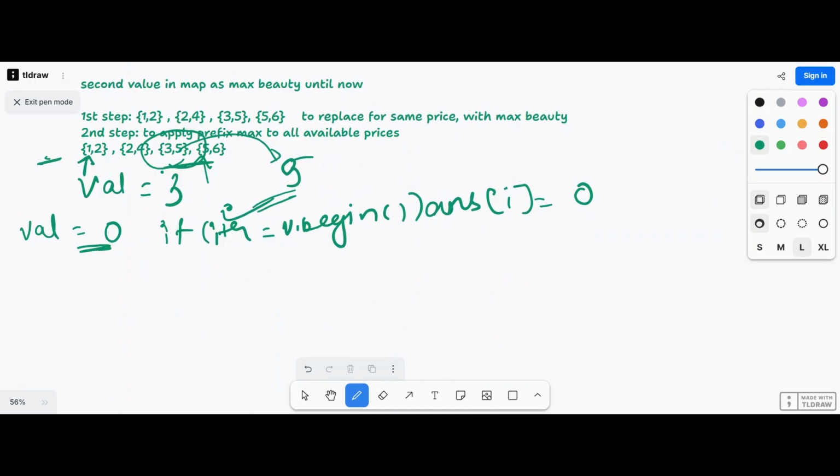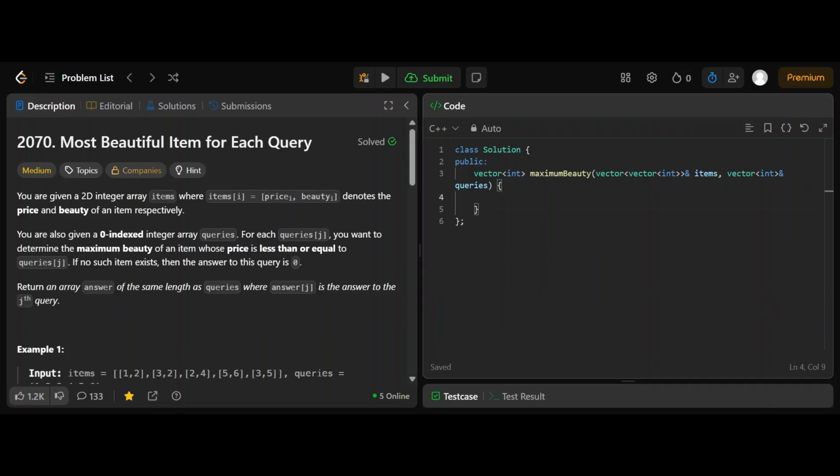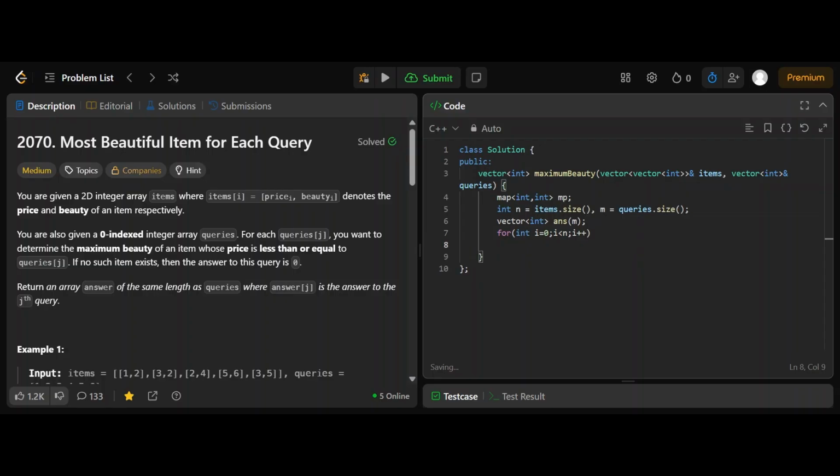Okay, fine. Let's go on. So our first step would be to initialize the map. Now this map needs to be in sorted order. So we will have a map of int comma int, and first we will go over all the items. So let's say there are n items and m queries, and we need to return the answer of size m. Okay, so we'll go over all the items, and as I've told you, for the same price we will compare. So while storing in the map, we will check that map of items of I0, I0 is the price and I1 is the beauty, is equal to the maximum of